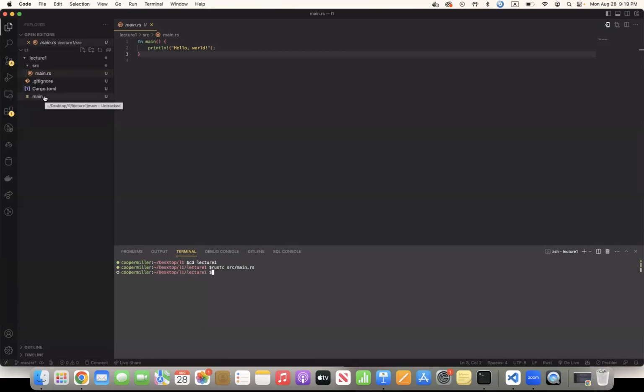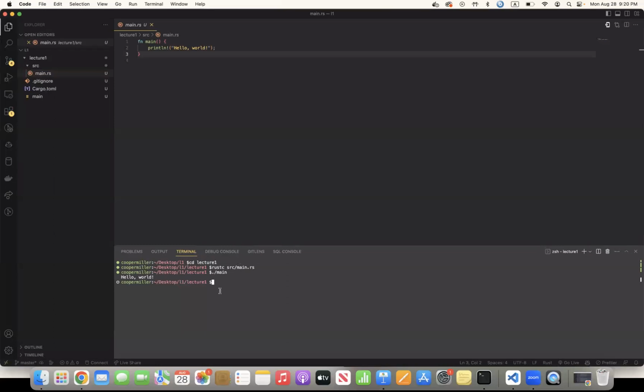Okay, great. So this compiled and it has outputted a binary executable for us, which we can then run by simply typing the name of this file, ./main, and we can see that hello world has been printed. And congratulations, you've just run your first Rust program. This process of compiling an executable and then running it is very similar to what you'll be doing in CS 128 with C++ and Clang. However, in Rust,